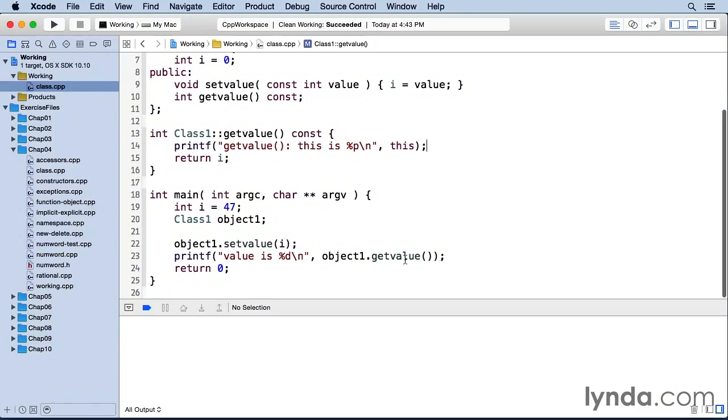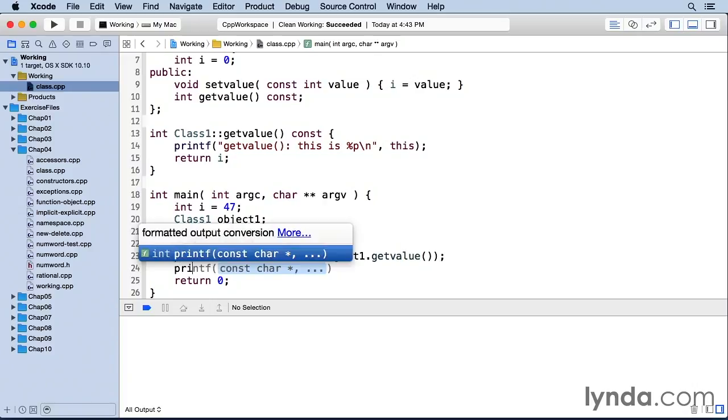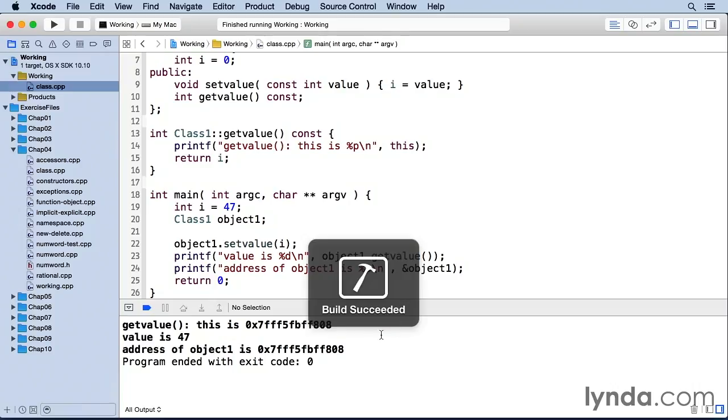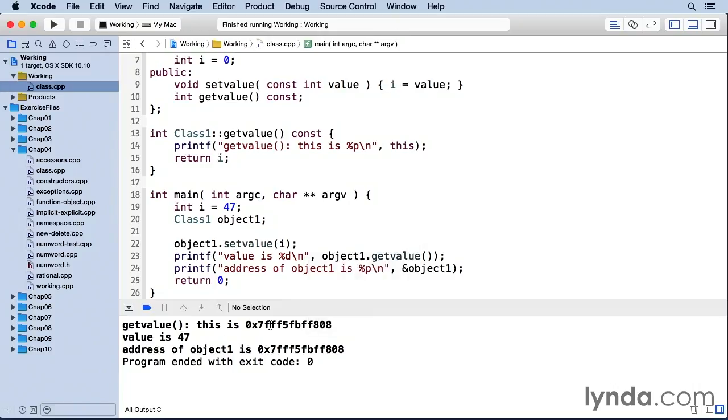And then I'm going to come down here in our main, where we're using the object, and I'm going to print the address of the object, and you'll see that it's the same. I'm using the ampersand to get the address of the object. And now when I build and run, you see that these addresses are exactly the same. So the this pointer is giving you, inside of a member function,